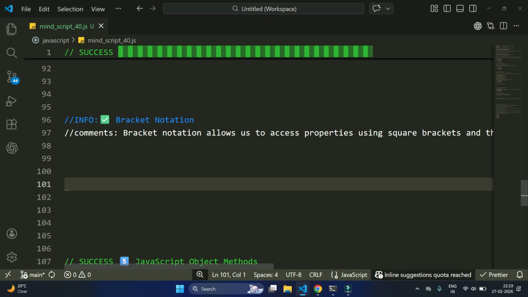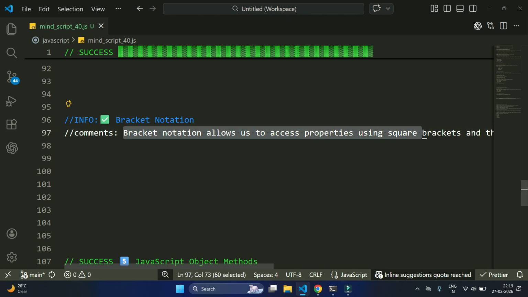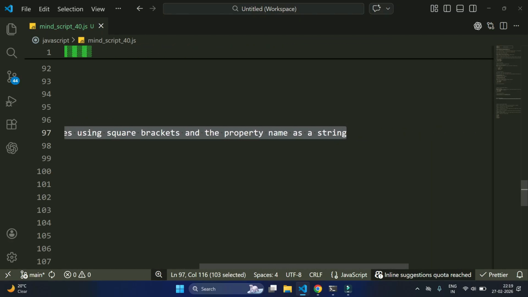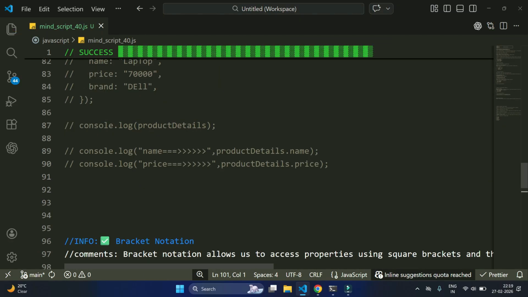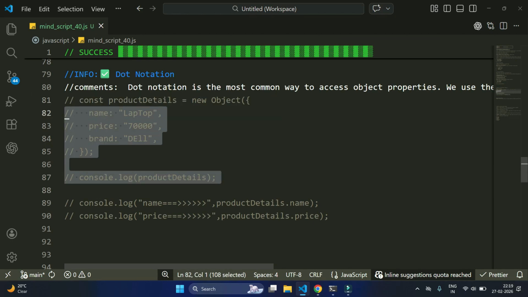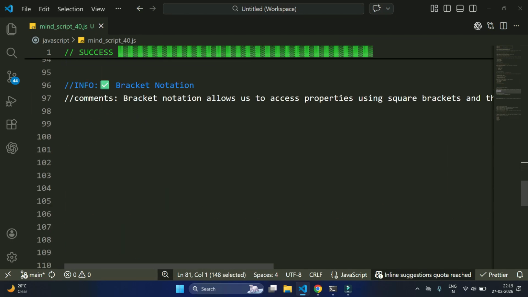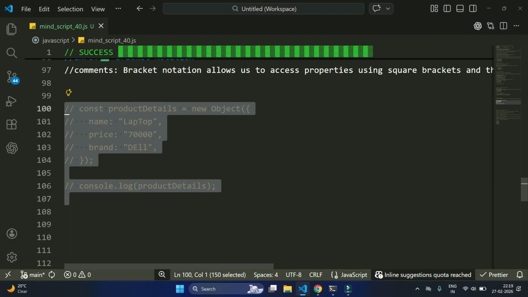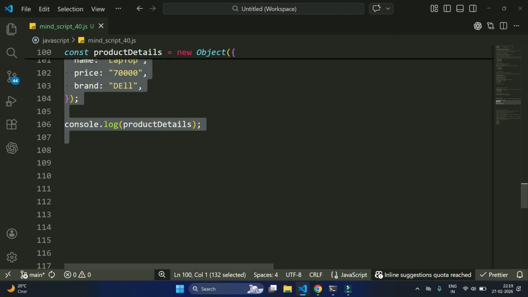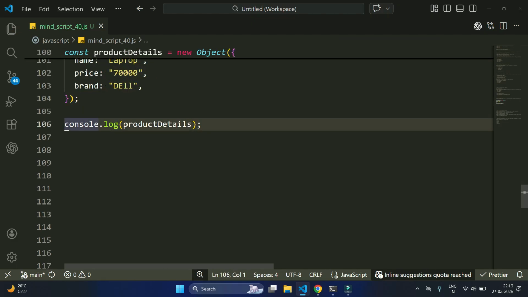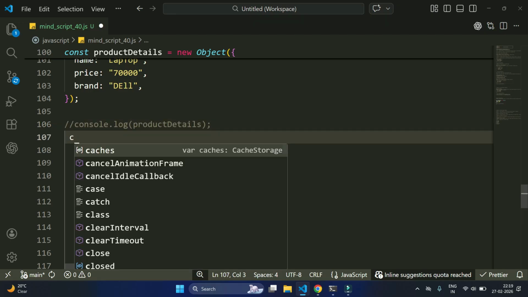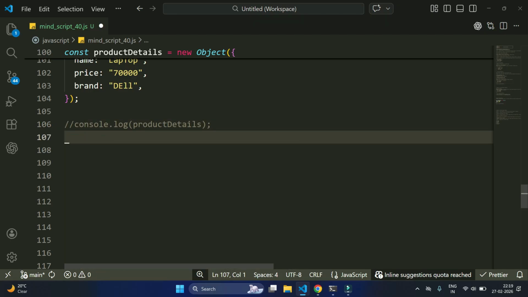Bracket notation allows us to access properties using the square bracket and the property name as a string. So copy this here, I mean only this one. Copy this and remove the comment. Then try to access here. How can you access that thing? Here we will write console.log